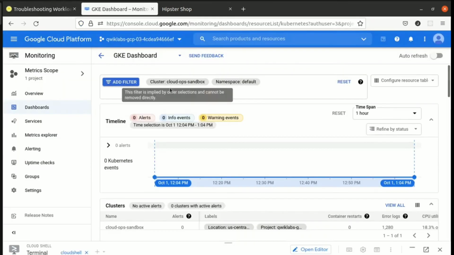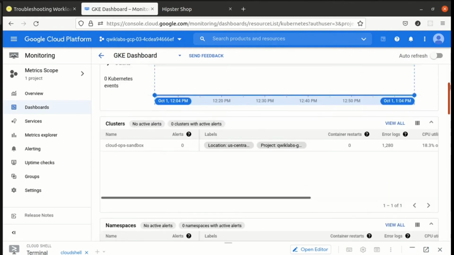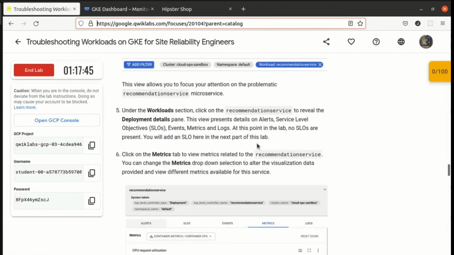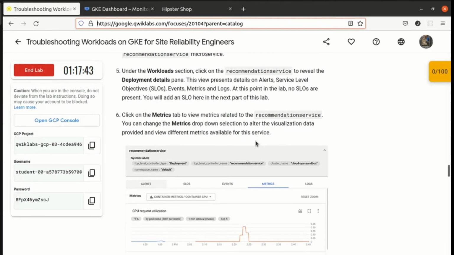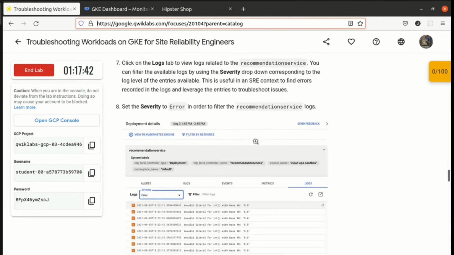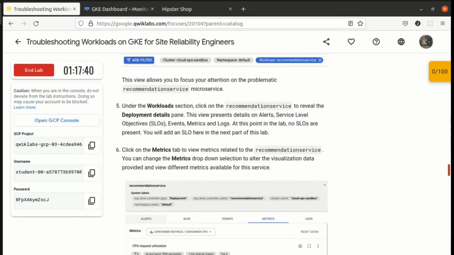Okay, under the workload section, I will click here. Let's go from here slowly. Under the workload section. Okay. Click on the recommendation service to reveal deployment.